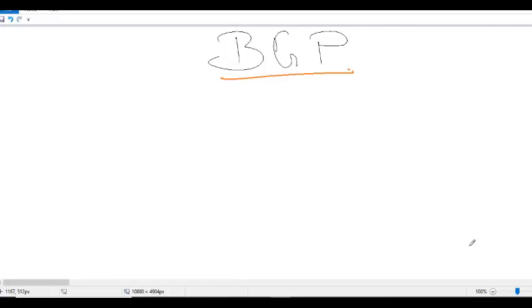Border Gateway Protocol is one of the routing protocols, but the other routing protocols are not application layer protocols. BGP alone is an application layer, layer 7 routing protocol. So now, it's an application layer protocol,